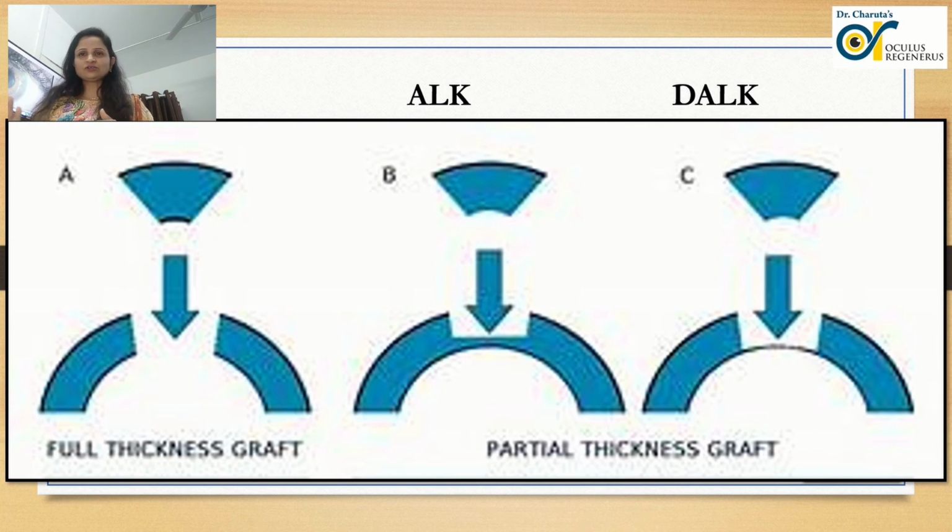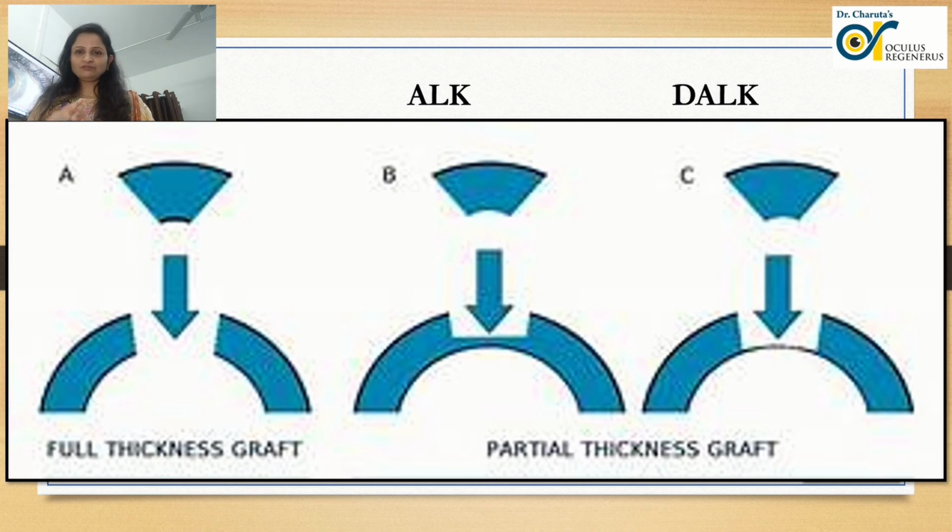Now, the advantage of a partial transplantation over a full transplantation is that the lesser the amount of foreign tissue that we are introducing to any patient's body, the better it is. But we have to understand that sometimes it's not possible for various reasons. We may not be able to offer a lamellar procedure to the patients, and sometimes we have to go for a PKP. So all said and done, the best option is the deep anterior lamellar keratoplasty or DALK surgery, and then if required, a penetrating keratoplasty.